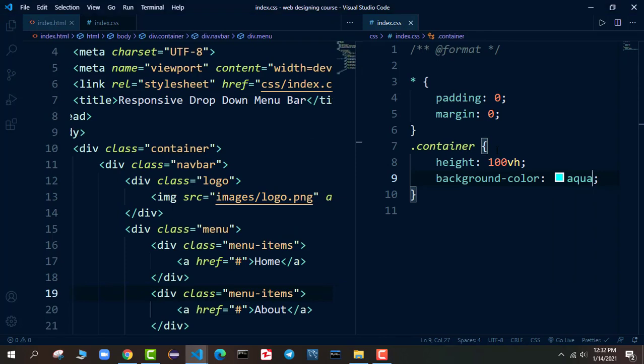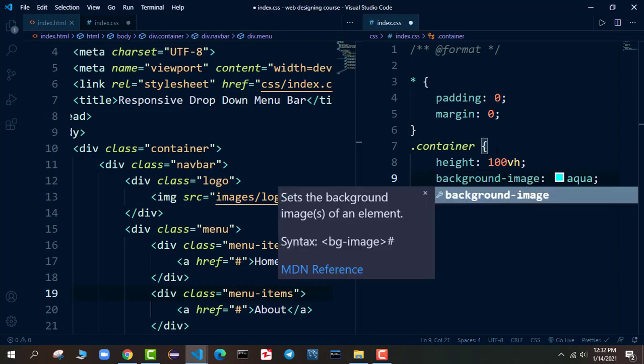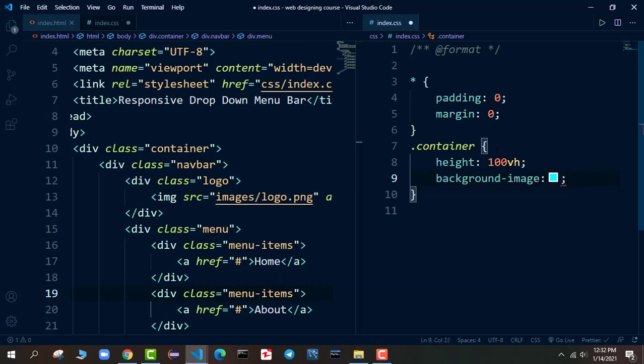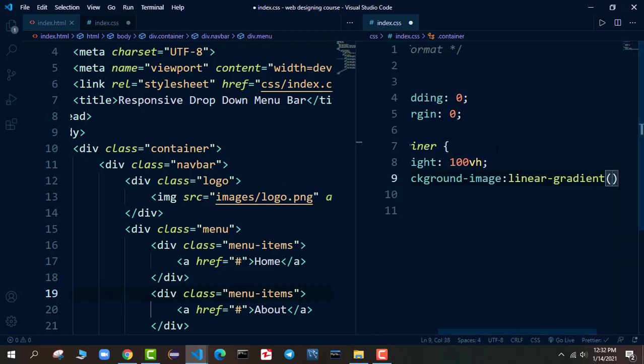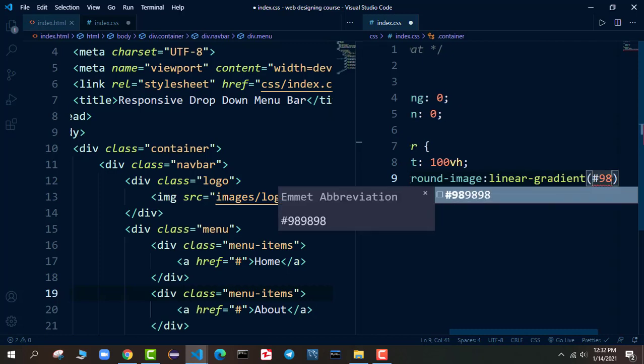But what if you want to apply the combination of two colors? For that you need to use background image instead of background color, and here you need to put linear gradient function, and in the linear gradient you need to put the name of the colors. So in our case I want to apply the color which is hash, and the code of the color is 9816CF.